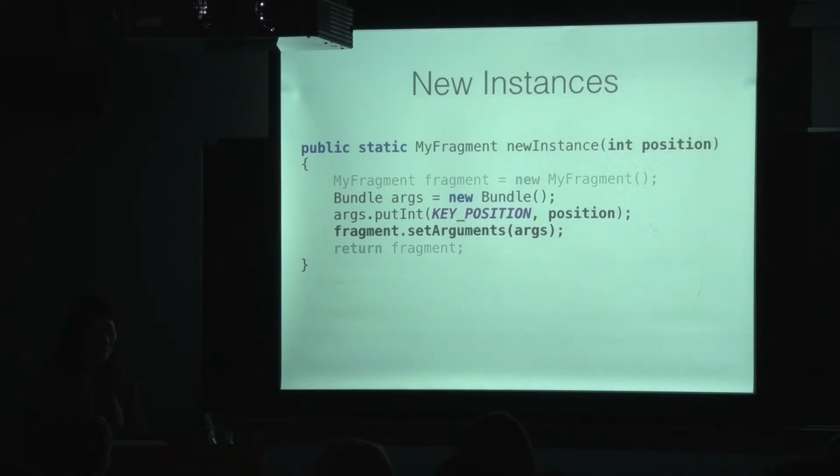So you might be asking, why do all this? Why can't I just use a parameterized constructor and be on my way? And that's because, like I said, FragmentManager sometimes creates fragments. You're not always the one who's creating the fragment. So if the fragment gets destroyed, say by a configuration change, then FragmentManager needs to be able to recreate that fragment for you, and it uses this default constructor. If you have any other constructors, they're just going to be ignored, and you're going to lose all of your initialization data.